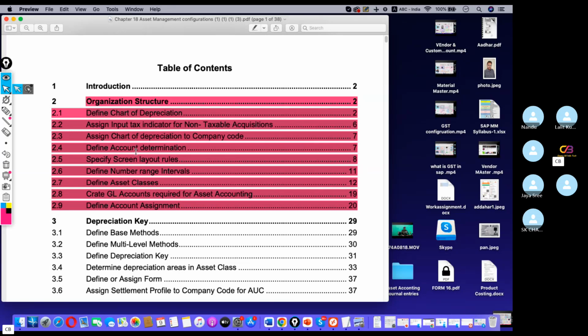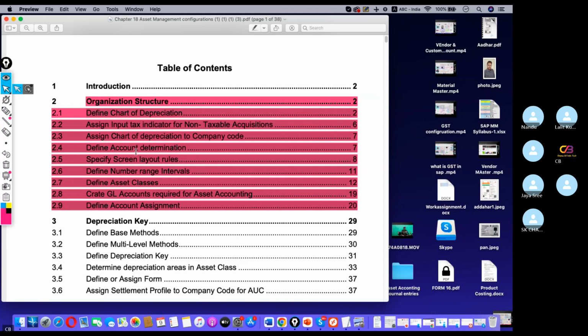So these are the organization structure configurations. First we need to finish this organization structure configuration. This will take much time because normal regular configurations are different and asset configurations are different. Asset will take more time. At least it will take me 3 or 4 days to finish the complete asset